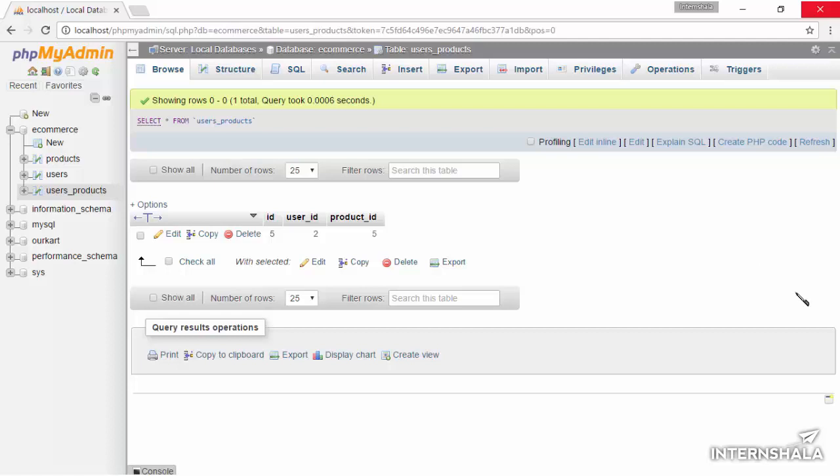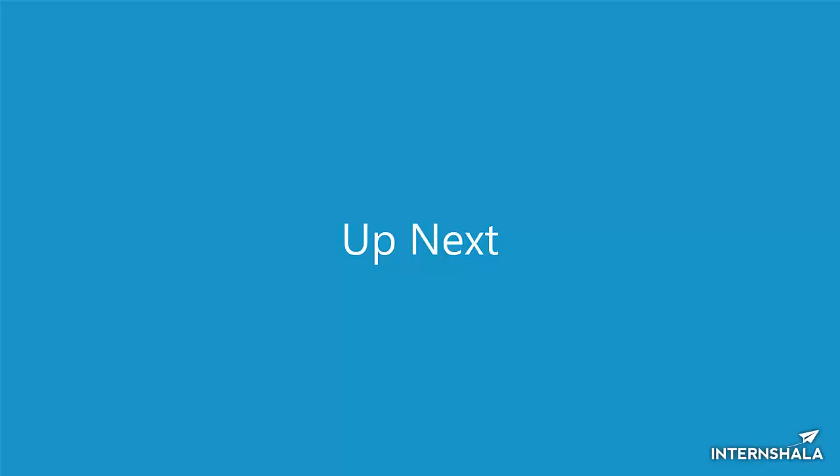Currently, there are no repeat or redundant entries in our table. In this lesson, you learned how to connect tables in a database and the concept of foreign key. We will learn new SQL commands in the next lesson.